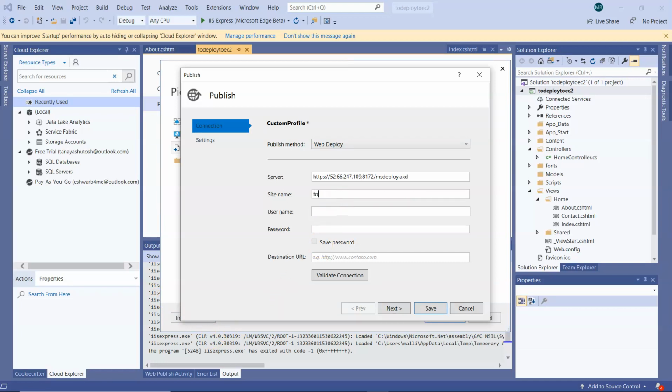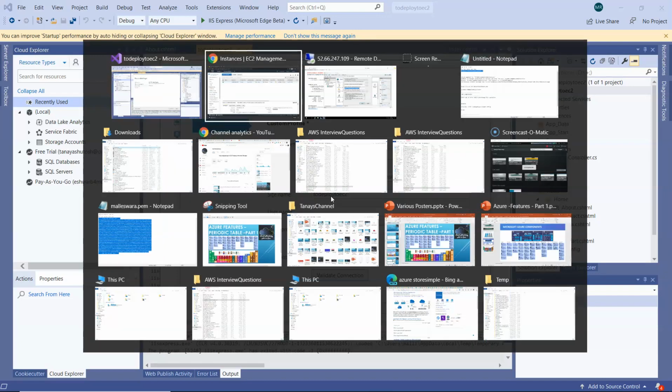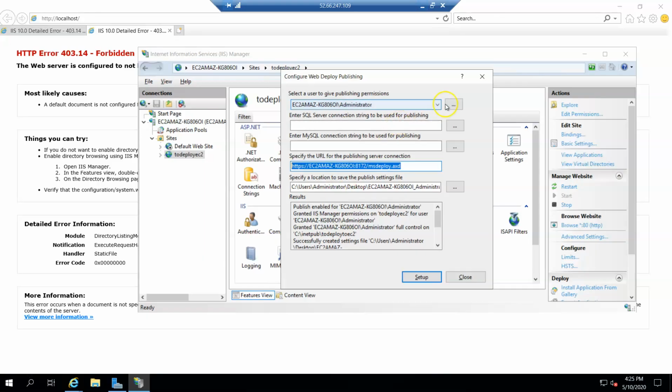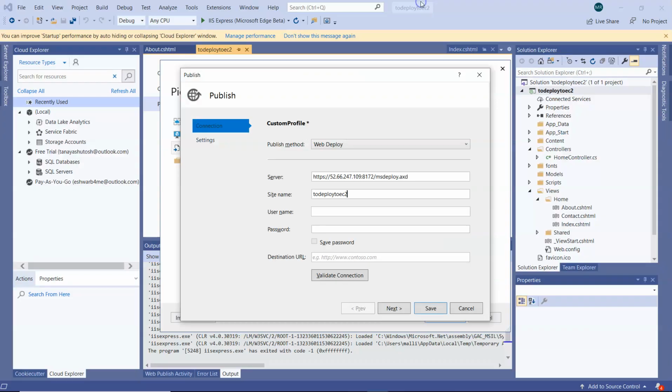You know the site name you have given there, to deploy to EC2, if I'm not wrong. Let me just check back for the safer side. To deploy EC2, sorry, my website name is here. Just enter that and meanwhile copy the user ID. So to deploy EC2 is my site name, and I'm copying my user ID.